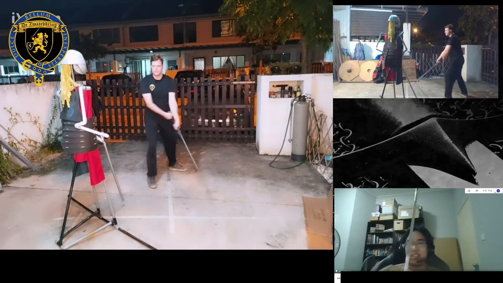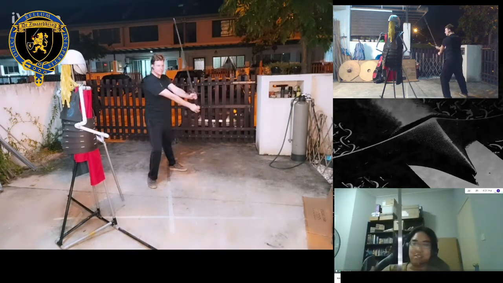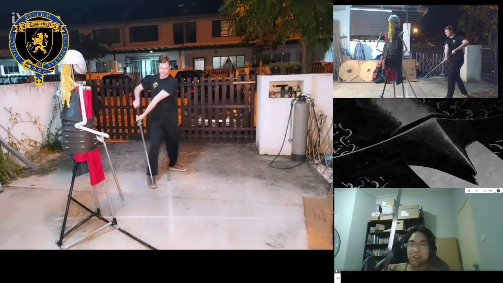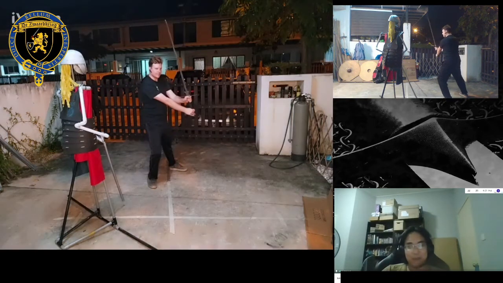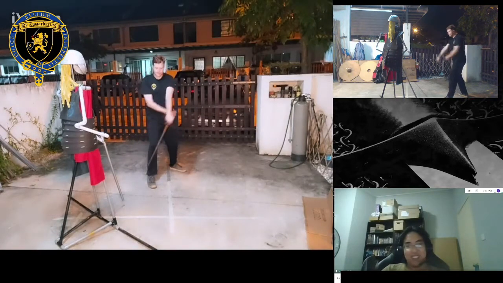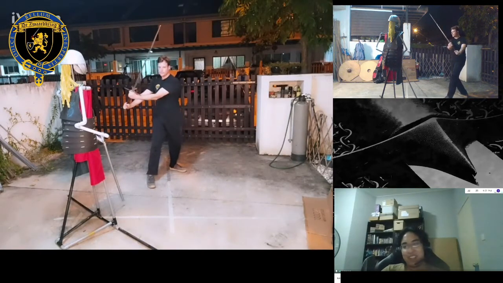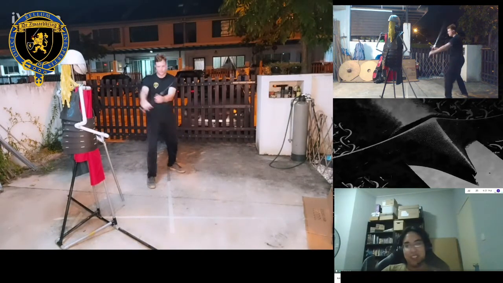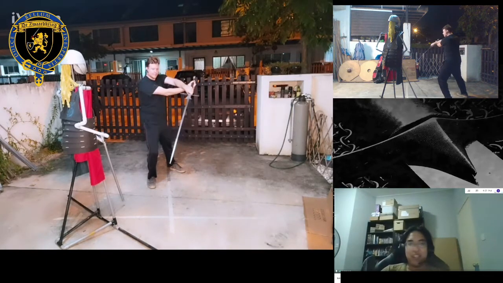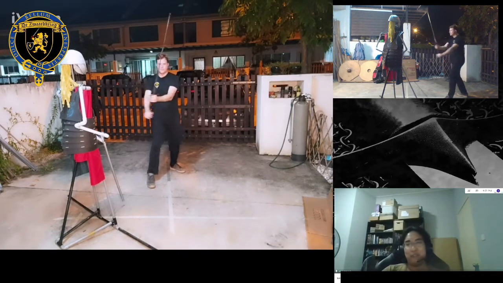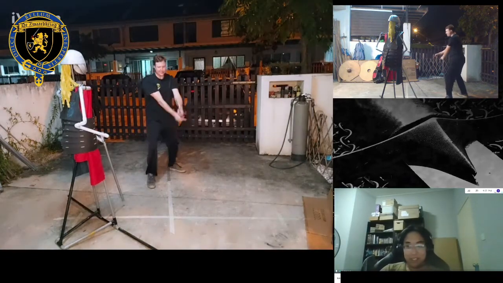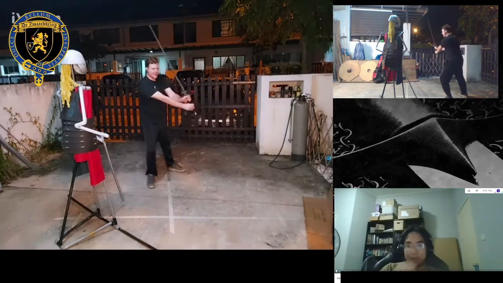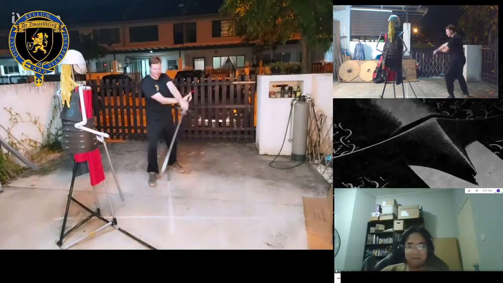So the reason we tell you to step with a block is usually so that you turn your body and maintain your structure. It's not impossible to block without stepping. It's just that if you're a beginner, this helps you build the habit of turning your hips as you move your sword from side to side. As you may be observing, as I'm blocking without stepping, I'm still shifting my weight from one foot to the other.